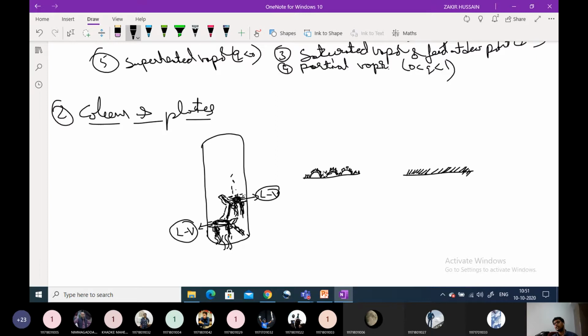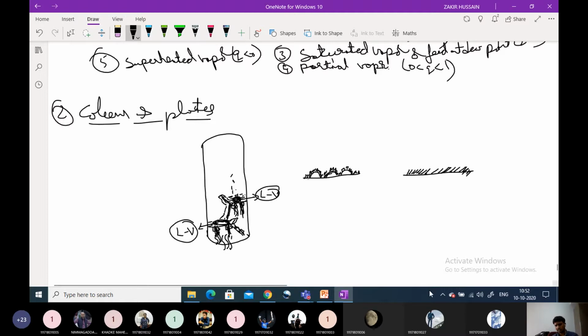Obviously, when the liquid-vapor contact area is increased, there is a possibility that the operation will reach equilibrium. Our condition is to reach vapor and liquid under equilibrium conditions. But usually, because of the less contact time in the distillation column, equilibrium cannot be reached. But using the assumptions in the McCabe-Thiele method, we assume that it will be reached. So all the necessary precautions will be ensured so that our vapor and liquid could reach equilibrium. Because of this, various designs of plates and columns are possible, and during design we have to consider all these aspects.